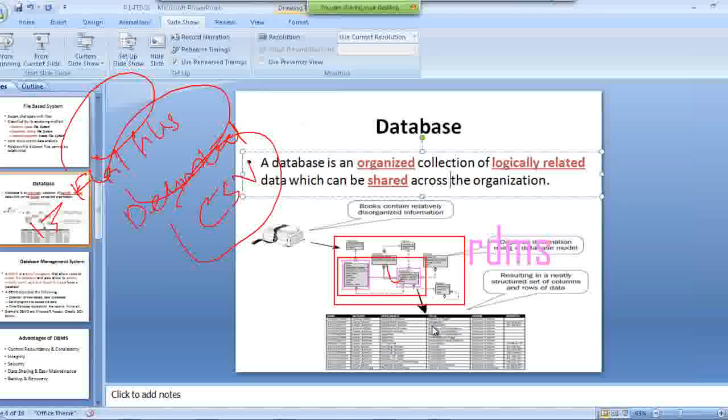Delimited means there will be some kind of delimitation, like star delimitation, and CSV means comma separated values. All these are text files, commonly known as flat files. So only in an RDBMS can we relate the data and share the data. We can make a report very easily combining